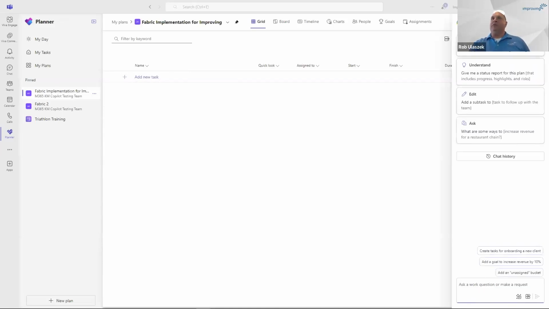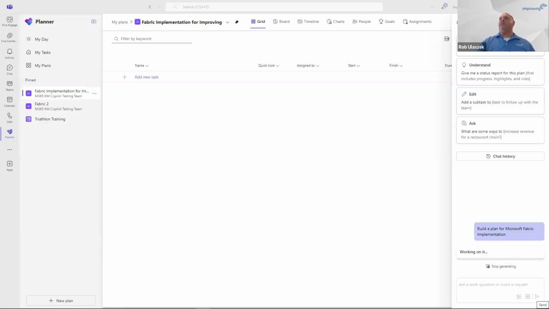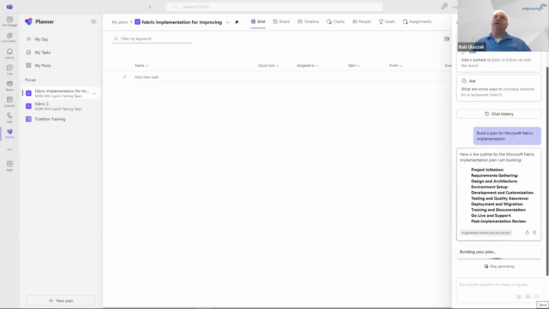So we're going to go pick the create action, and it says build a plan for, and I'm going to say Microsoft Fabric. And with the wonders of language processing and Copilot, it's going to create a new plan for me. Not only is it going to understand the types of things that would need to be done for implementing Fabric as a data and reporting architecture, but all the tests that go along with that. And again,